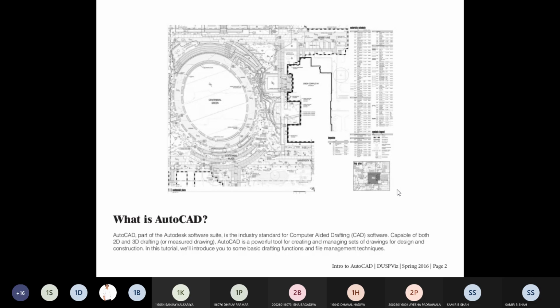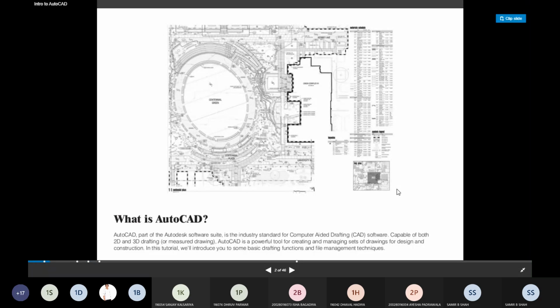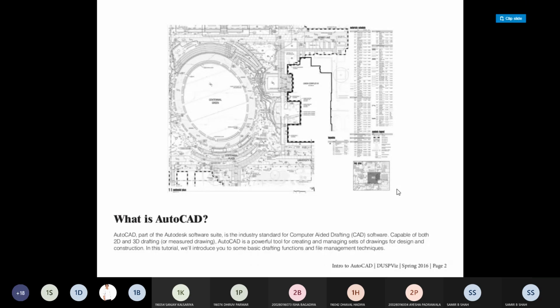AutoCAD itself is part of the Autodesk software, and in industry, particularly for computer aided drafting, this kind of software is used, which makes it capable of drafting 2D and 3D drawings.